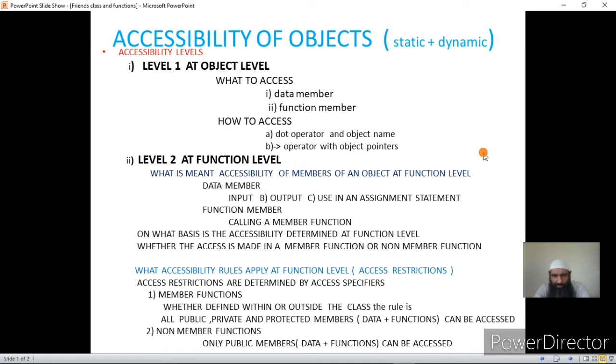How do we access them? That I have discussed. That is, dot operator we use with the object name. Actually we are giving there a name to a particular data member, since the data member does not exist independently and is created separately for each object once we create it, what you call automatic data members. Therefore, we need to qualify each data member of a particular object with a unique name. Otherwise, there will be collisions.